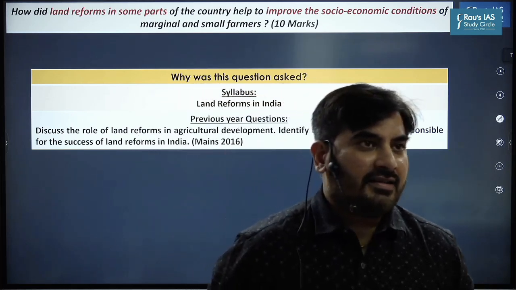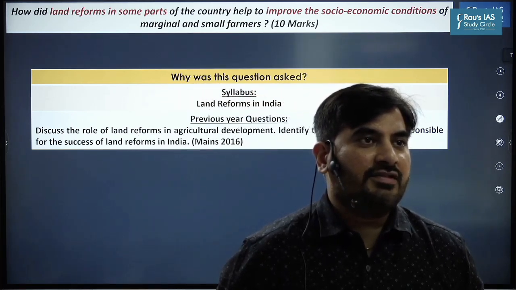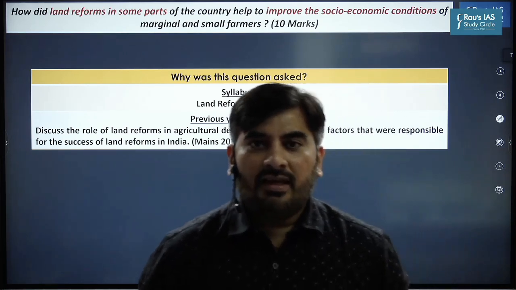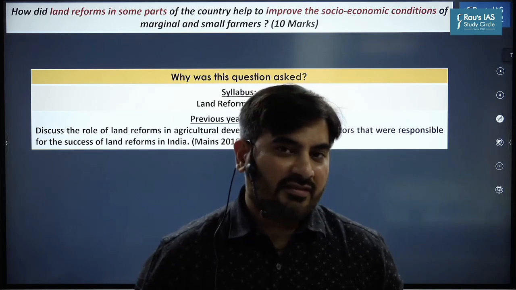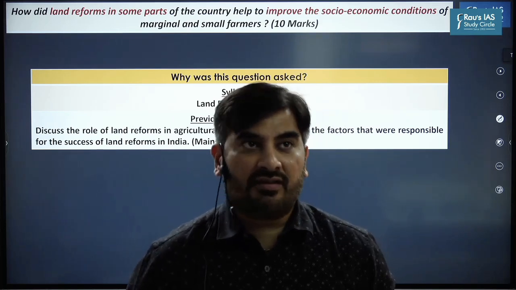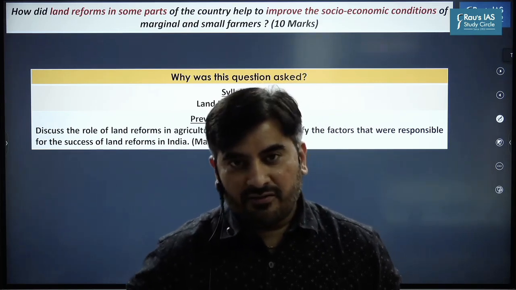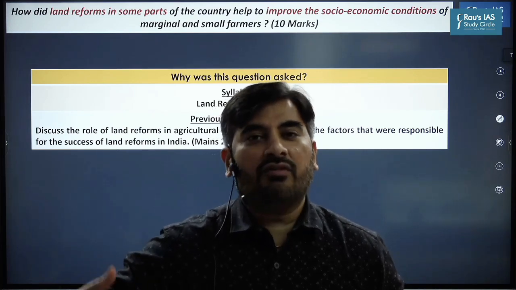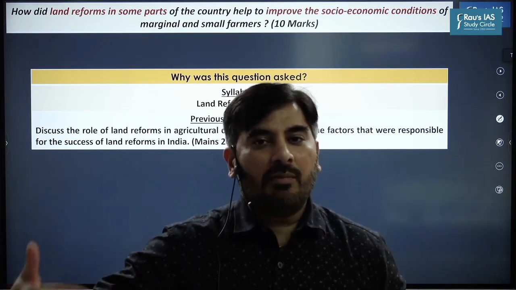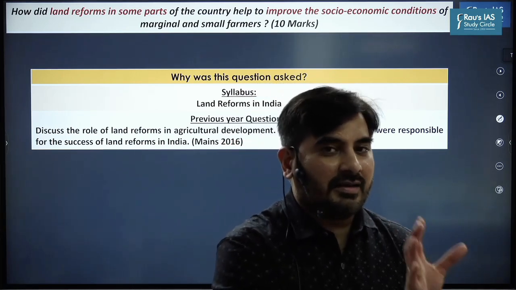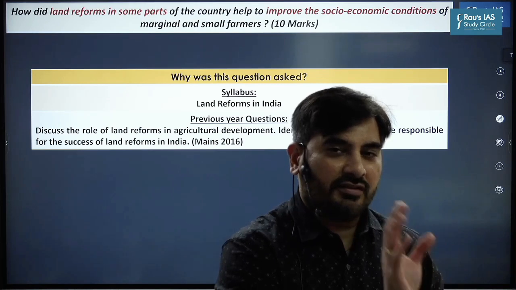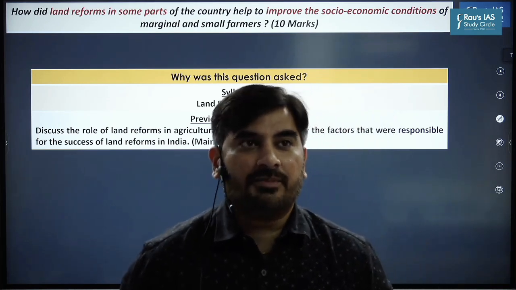Okay, Nayan is asking, does defense come under the revenue budget? See, even for defense, we undertake two types of expenditure: maintenance of defense and capital acquisition for defense, right? So when the government is buying new defense weapons, that will be part of the capital expenditure. But maintenance of defense, that is salaries and pensions to the defense officials, will be part of the revenue expenditure. Clear, Nayan?